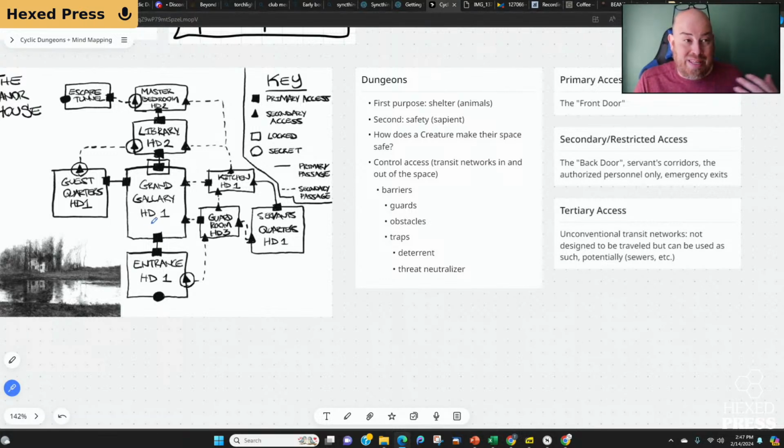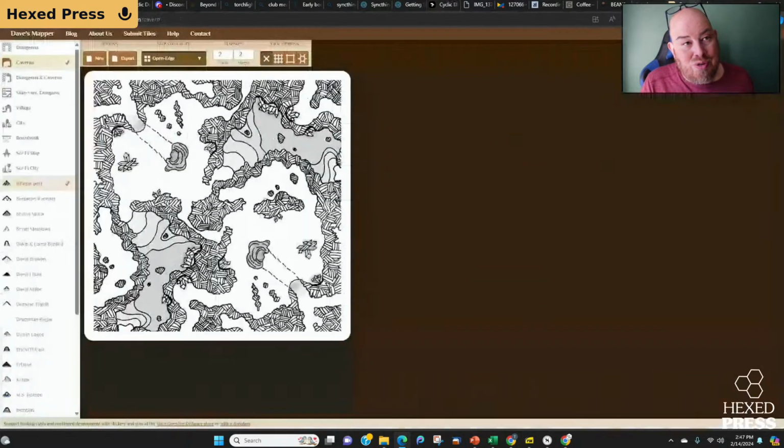And I'm hoping by the end of it that I'll be able to essentially take what I've said now, write it up in a slightly more concise way, not rambly, repeating myself 800 times, and maybe give an alternate method for folks to take a dungeon, either one that already exists if they're grabbing a Dyson Logos kind of thing, or like I did from Dave's Mapper, you're grabbing something and you want to think about